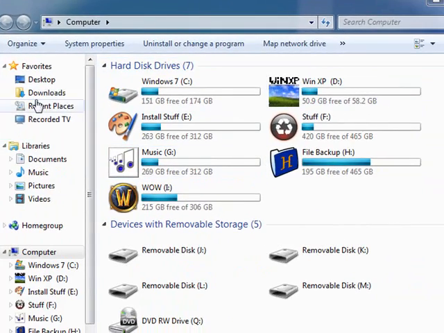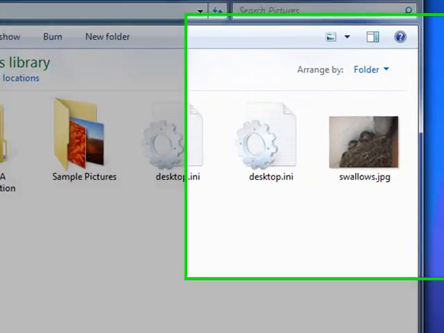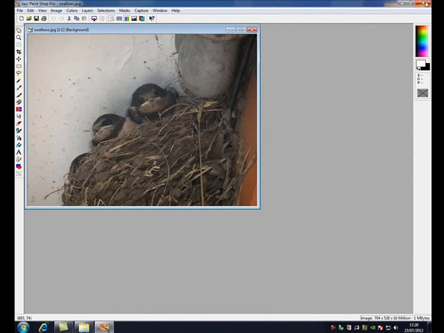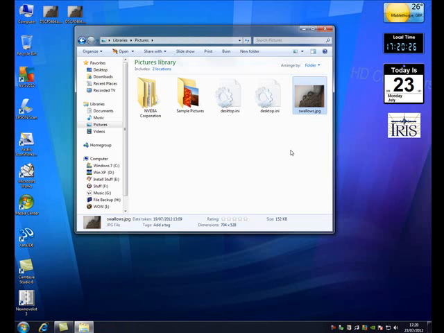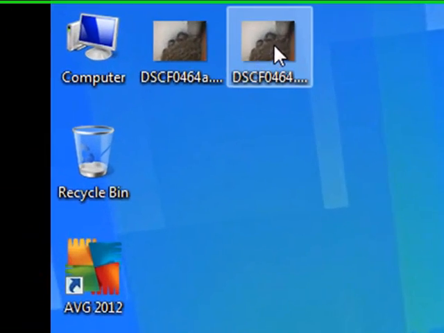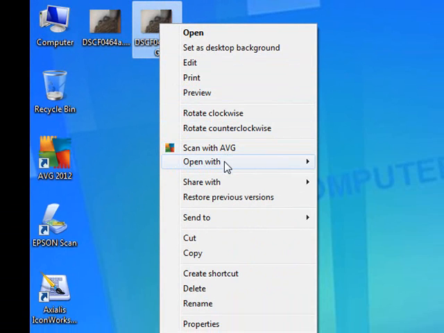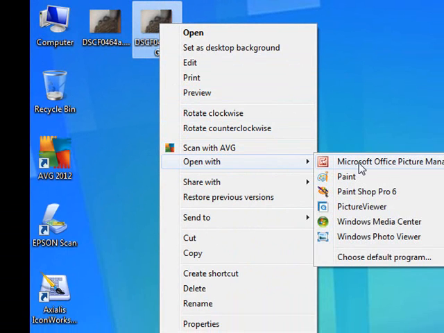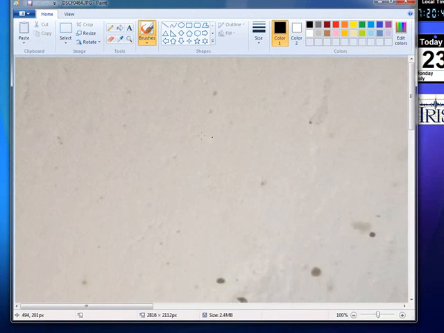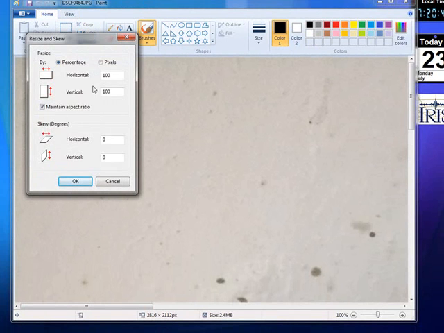So if I go to my pictures, which was the second location, we can see the swallows there. Again, that's the same picture. Right, in Windows 7, this whole operation of reducing pictures, if we open with, again we have similar choices, Microsoft Office Picture Manager, we can do it in Paint, which we'll select because Paint is common. One of the nice things about the modern Paint is that we have the resize button there on the desktop,